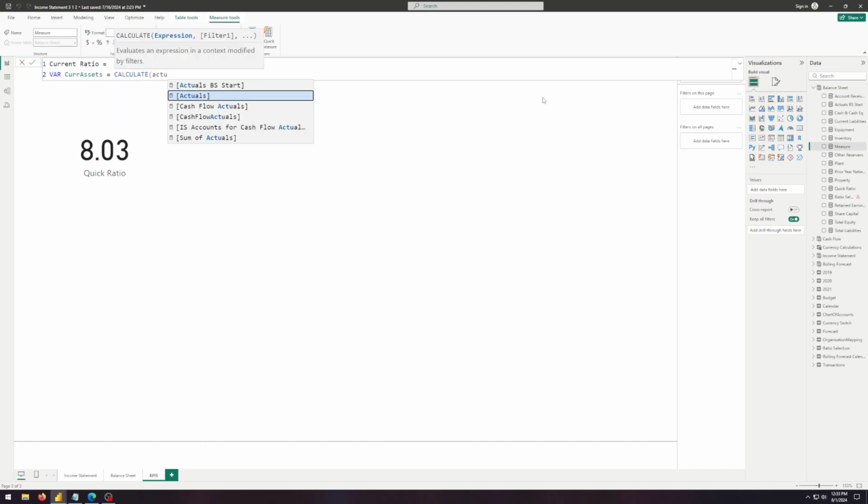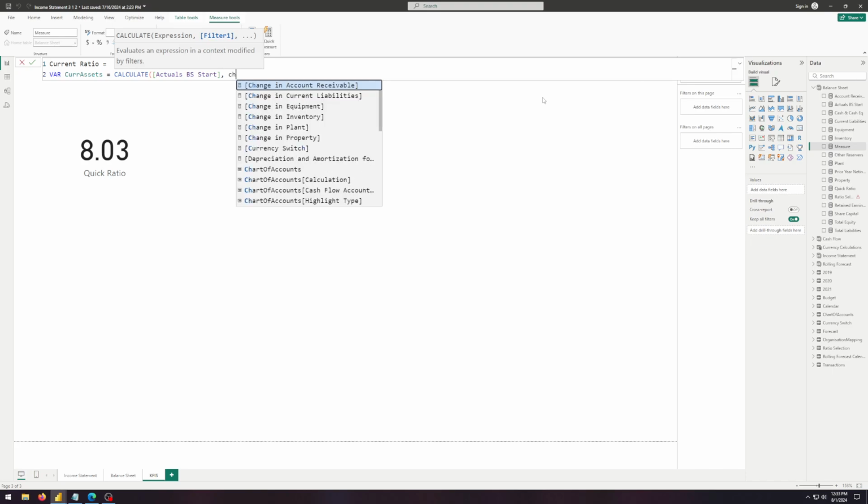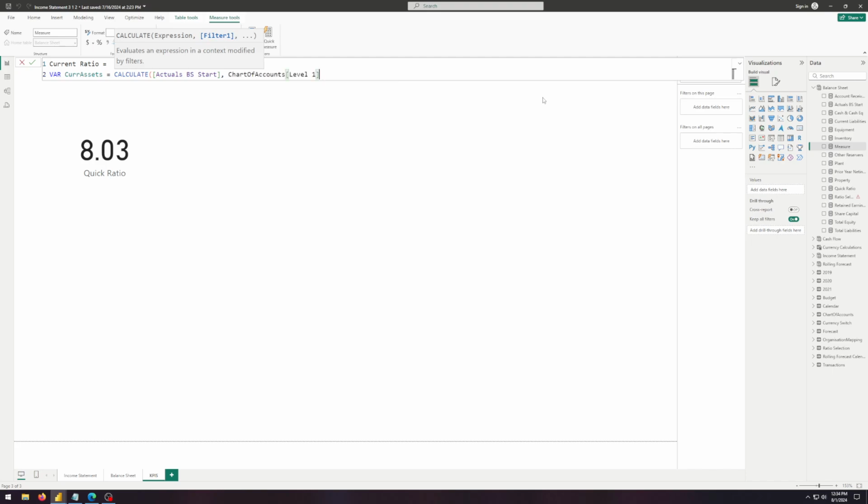Calculate actual BS start, chart of accounts level 1 equal to current assets, close parentheses, and then we will create another variable similar to our previous one,